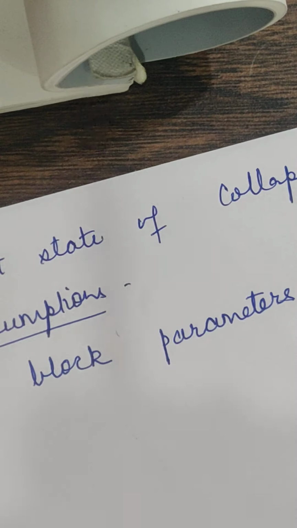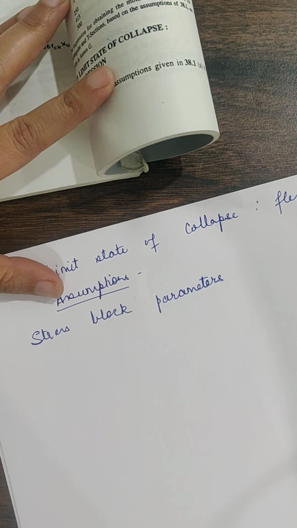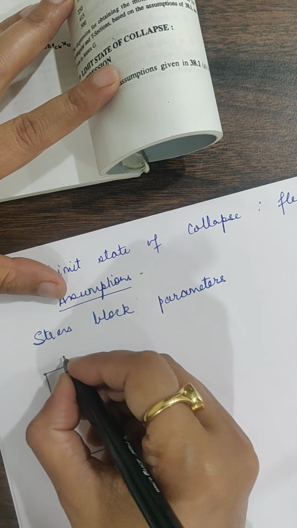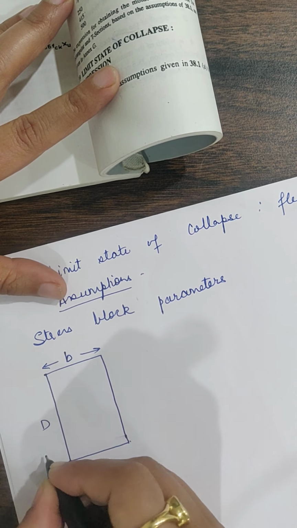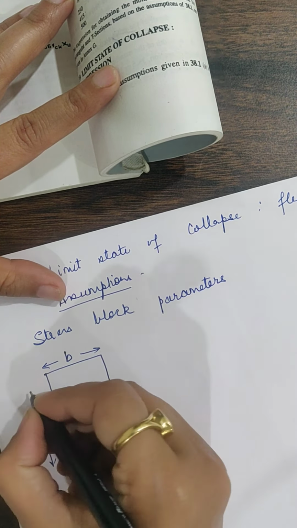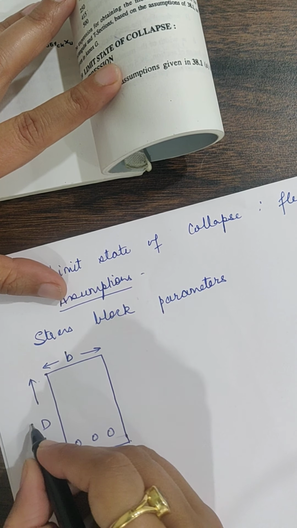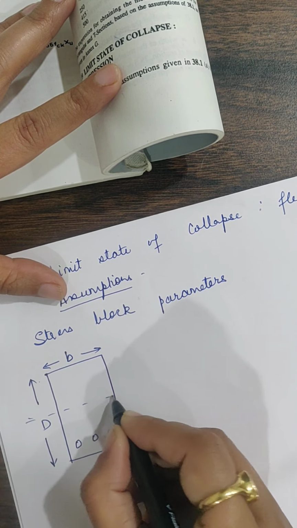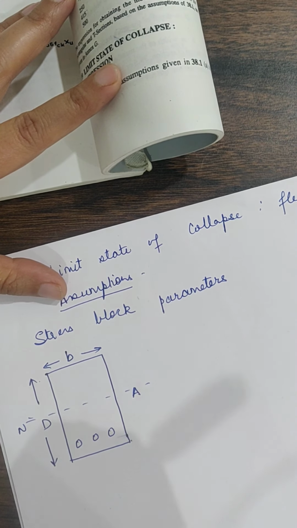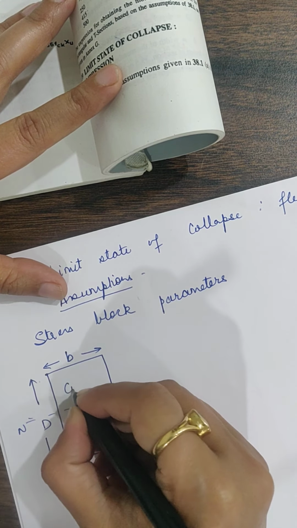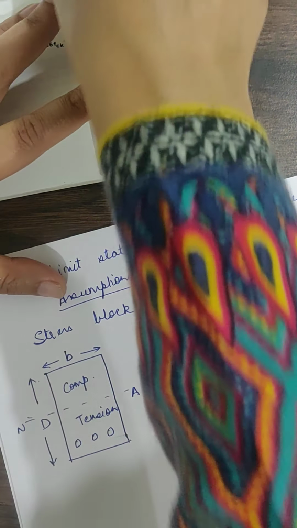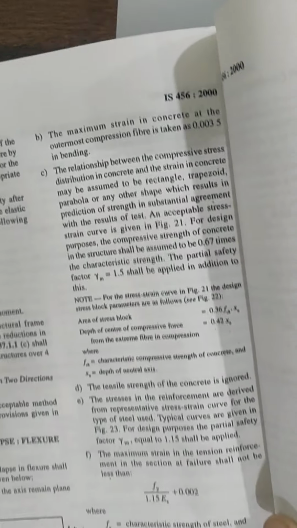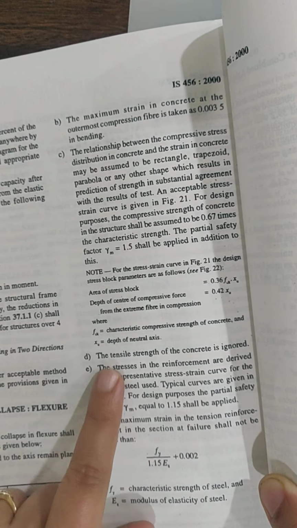See, if I am having a reinforced concrete element, a beam you can say, the width of the beam is b, depth of the beam is d, and it is reinforced on the tension side by some reinforcement. So after analysis we will get the depth of the neutral axis. There is a neutral axis. Above the neutral axis there is compression in the system. Below the neutral axis there is tension in the system. Now as far as the assumption, one assumption here, the tensile strength in concrete is ignored.